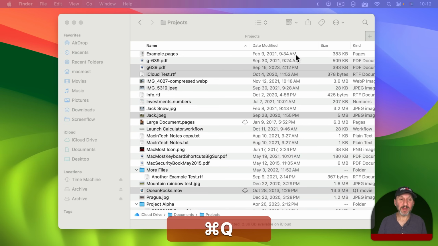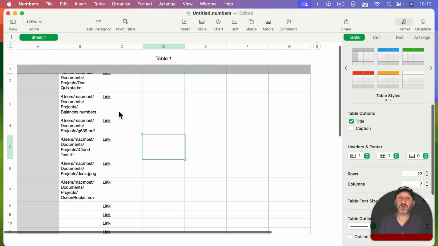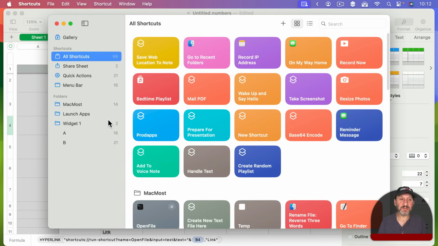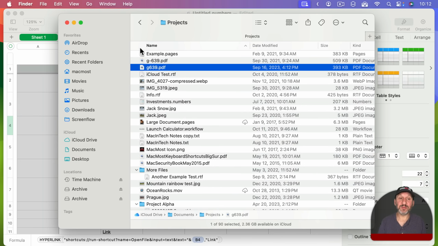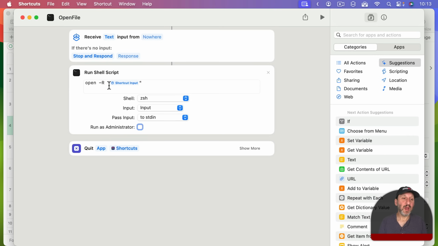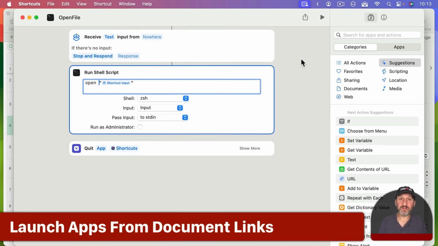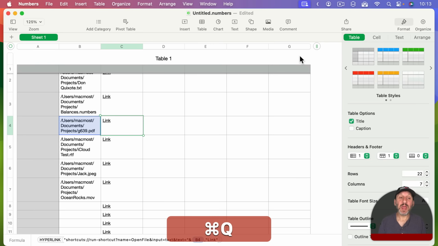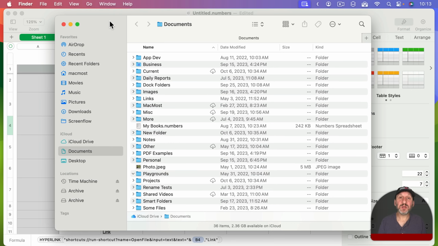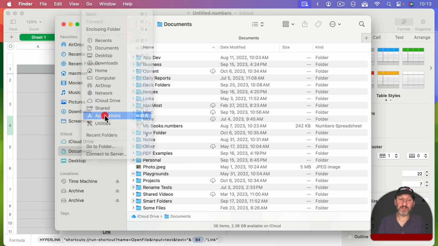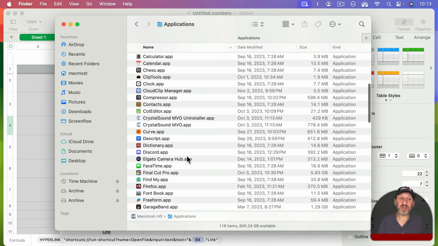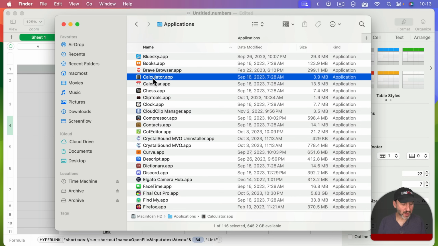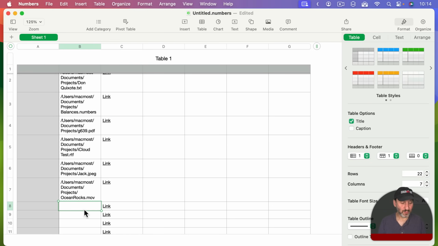And when you do that, that changes the shortcut. So now if I click on this, it actually opens up the Finder and it selects that file. I'm going to remove this, go back to just the regular open file thing to demonstrate one last tip. And that's that you could put a path to anything. Anything you would double click in the Finder should work. So that means that in the Finder you could actually go to your Applications folder and then select an application. I'll select Calculator here. Do the same Option Command C